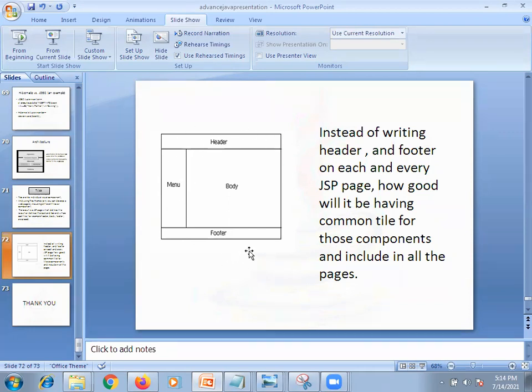The tiles framework was developed by Struts to do more automation at the view layer. It divides each page into components, and based on our requirement we display each component, whereas in JSP this feature is not there. That's what I'm going to say.